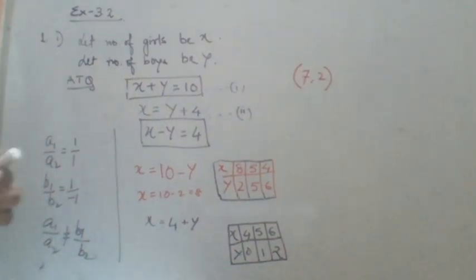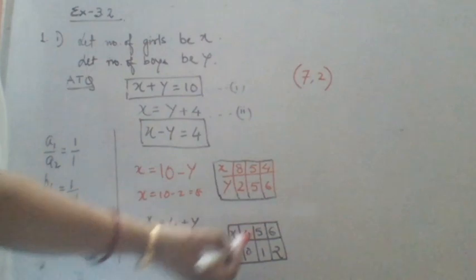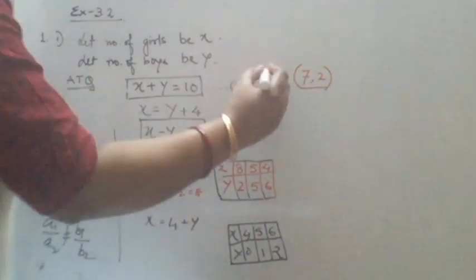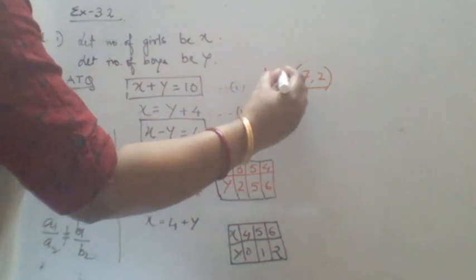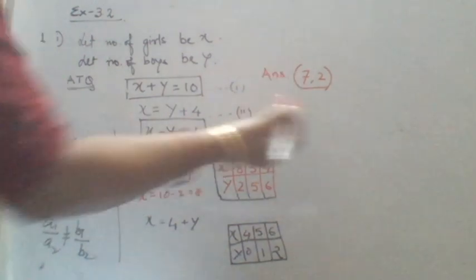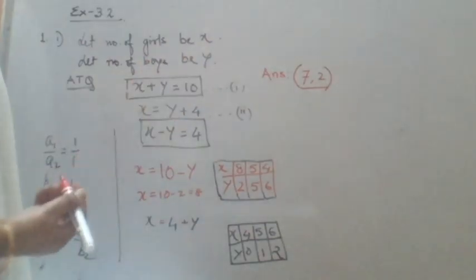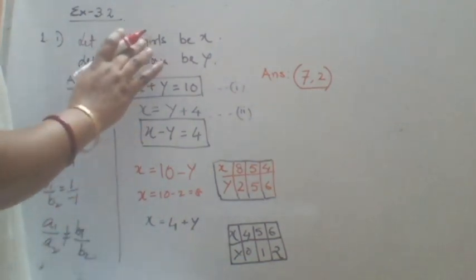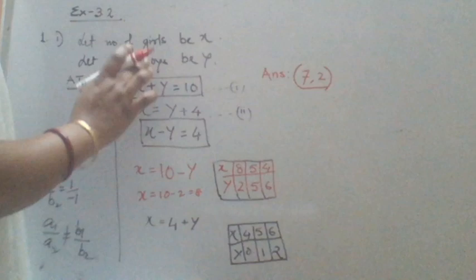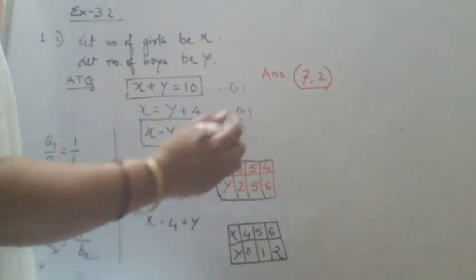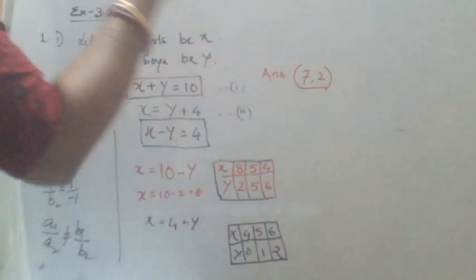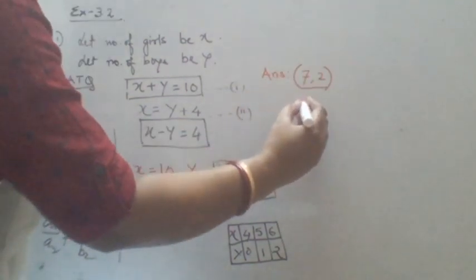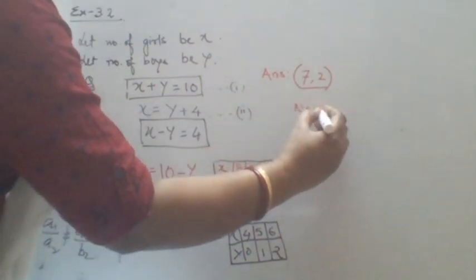Now you have seen that these two lines intersect at the point 7 comma 3. So your answer is 7 comma 3. If you just leave the answer like this, it means nothing, because this is a word problem and you have been asked the number of girls and boys. Often the students leave the answer like this, giving just the coordinate point, but you need to write